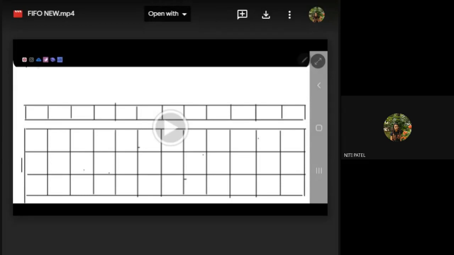Which are those? There are 3 algorithms: FIFO, LRU, and optimal. FIFO is first in, first out. So the page that comes in first will go out first. Next is LRU. What is LRU? Least recently used. That means I will check the past, and the process used least in the past, I will replace. And what is OPT? It is optimal. That means I will check the future. If I will not need that page in the future, I will replace the current process with that future-unused process.